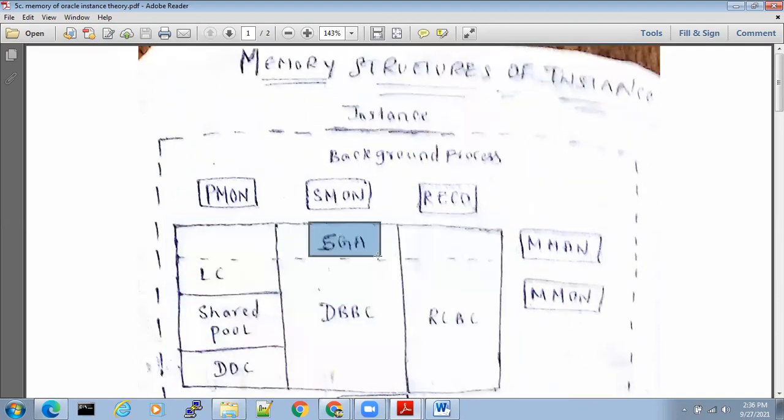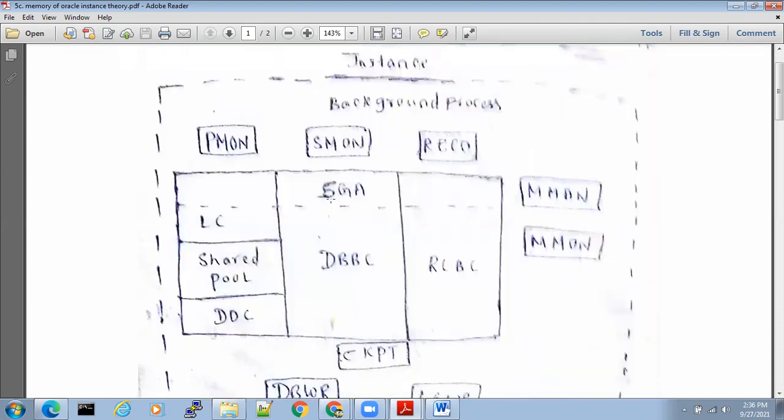Now I'll slowly go into SGA. What is SGA? System Global Area. SGA is a combination of shared pool, database buffer cache, and redo log buffer cache. I repeat, SGA is a combination of shared pool, database buffer cache, and redo log buffer cache. Then what is the shared pool?